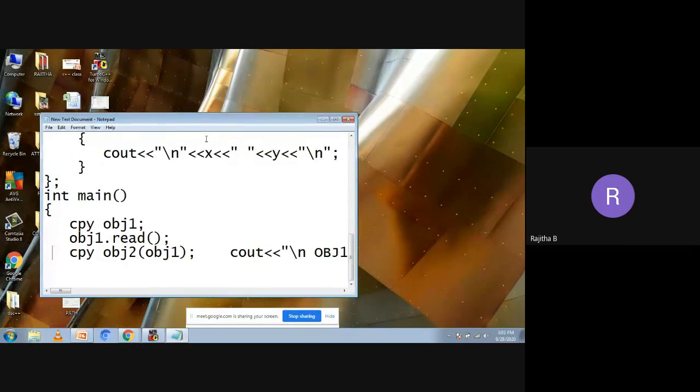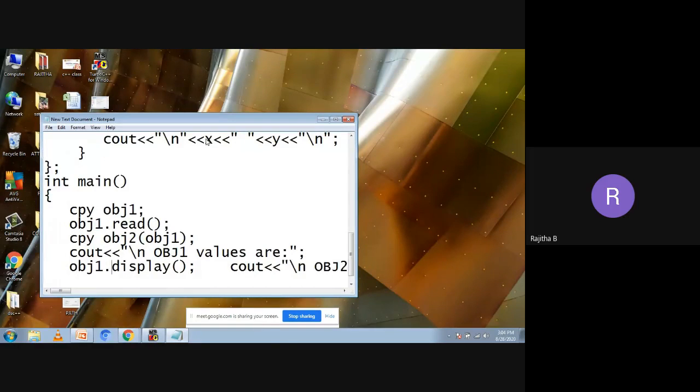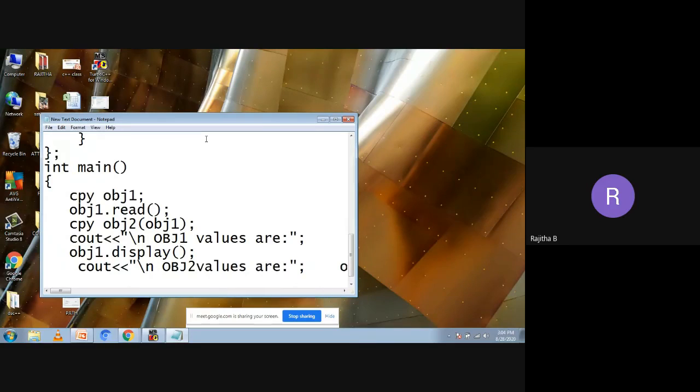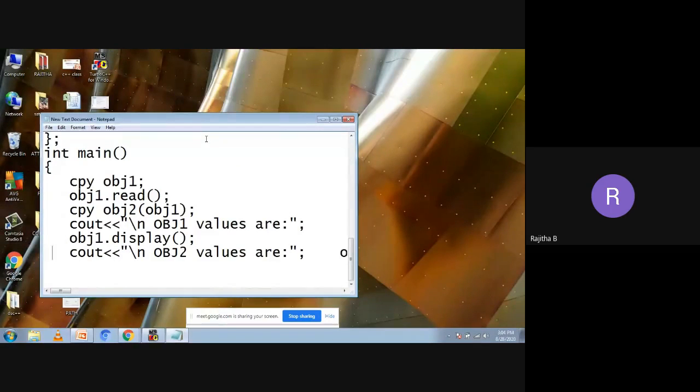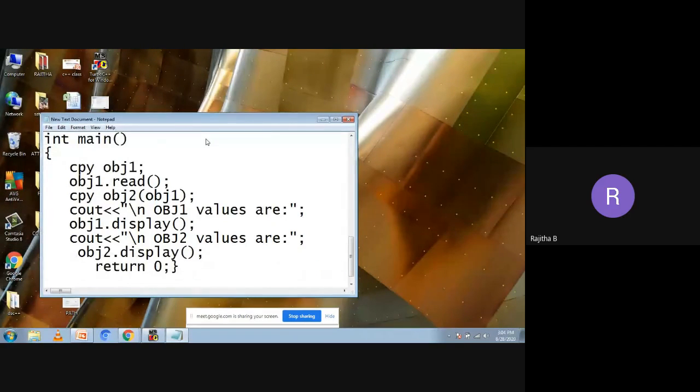So I'm taking the cout statement here, and then we have the obj1 dot display function. Then we have a statement here, obj2 dot display function, then return the value. In Turbo C++ we do not need any return, so I'm just saving this program in my Turbo C++